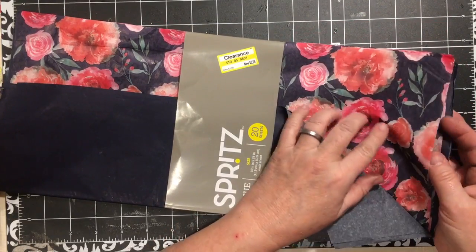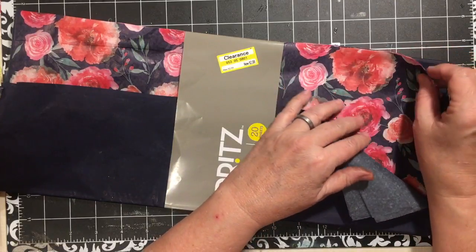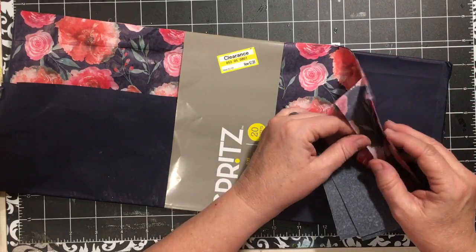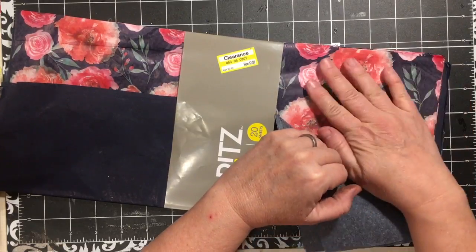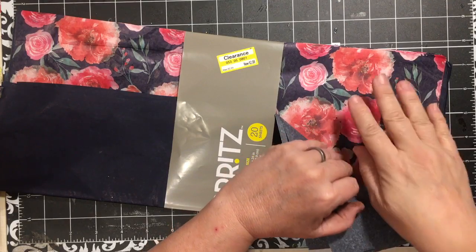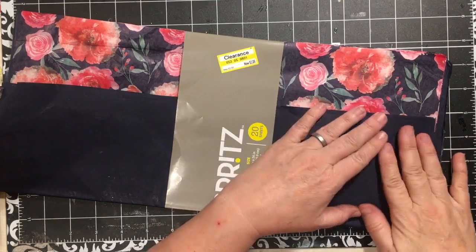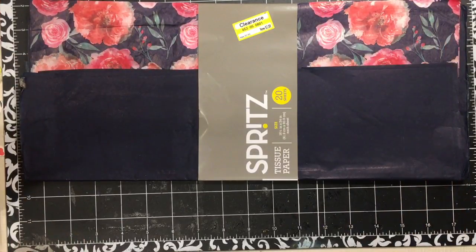This tissue paper, and it has that feeling on it like the tissue paper that I had gotten at Christmas time, and it covered the inside of the book, the journal that I made, so well, and I just thought it was really pretty with the blue and the peach. So I actually will be able to use it for a couple of the, well, I have so many of the peach